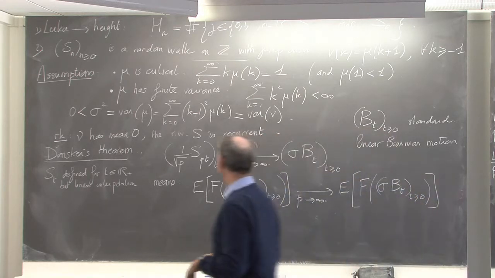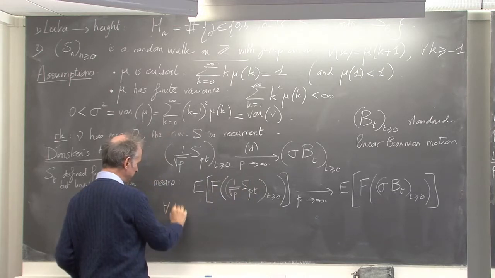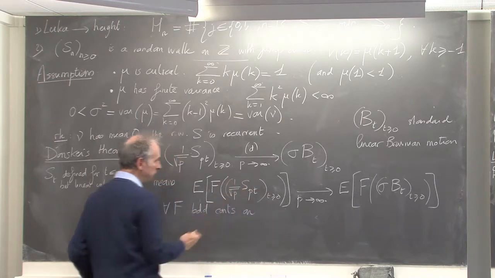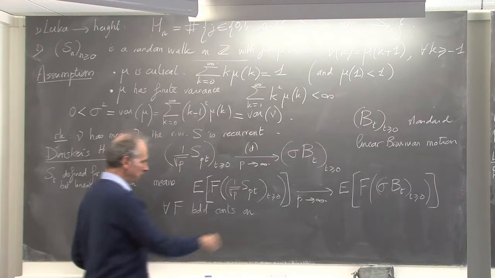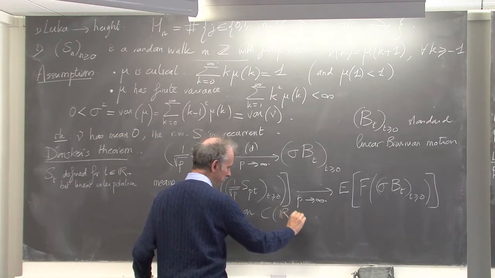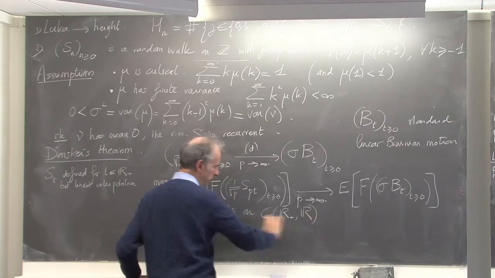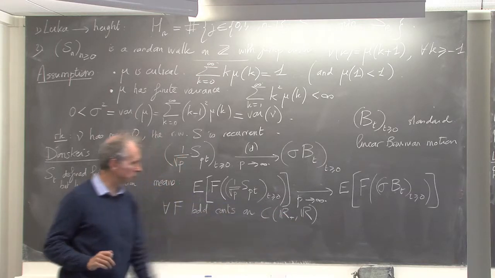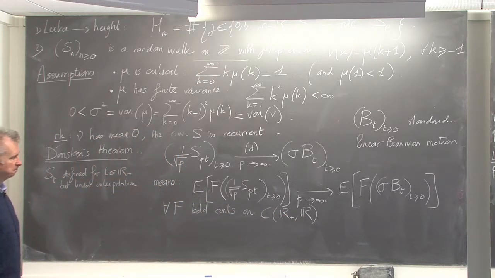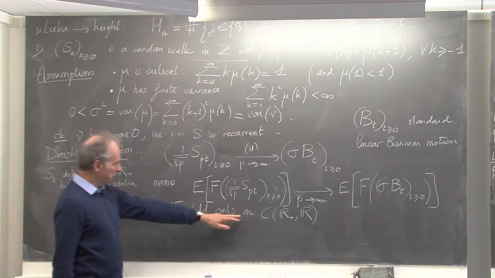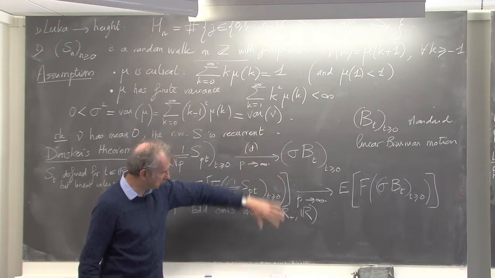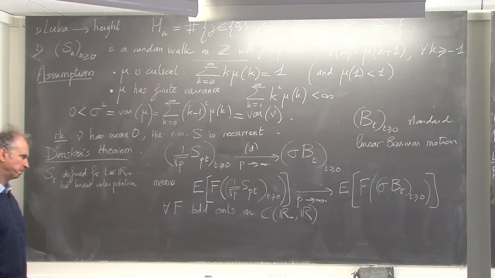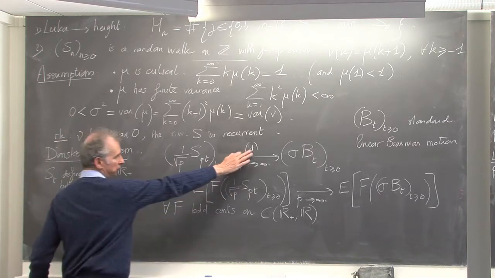Well, this does not hold for any function f, so capital F has to be bounded and continuous. On which space? On the space of continuous functions, or continuous functions from R plus into R. I don't write down the definition of this notation. It's a space of continuous functions from R plus into the real line. And what does continuous mean here? This space is equipped with the usual topology, which is the topology of uniform convergence on every compact set. So that's the definition of this convergence in distribution, in fact.